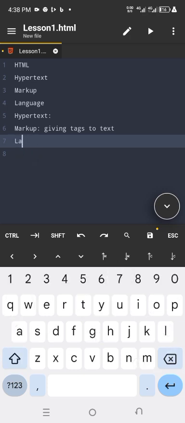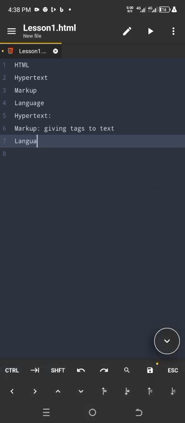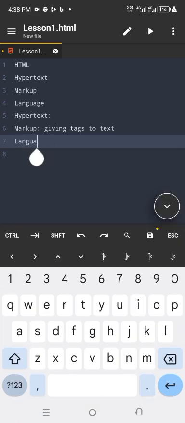Language means, just like you have your English language, it has its own grammatical rules that you have to follow. If you don't follow them, the person you are communicating with might not really understand the message that you're passing across. So for language, HTML,